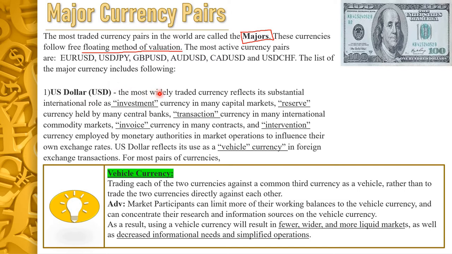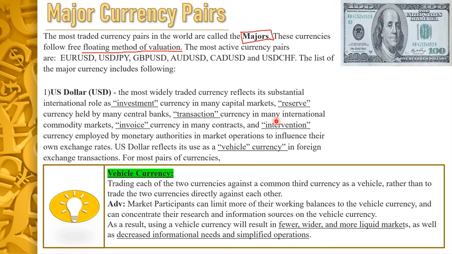USD is the most widely traded currency in the world, and it reflects its substantial international role as an investment currency, because major investors all around the world use USD to invest in capital markets; a reserve currency, because many central banks use this currency as a reserve currency; a transaction currency, because this currency is used as a medium of transaction in commodity markets; an invoice currency, because it is used as a transaction currency in many contracts between two parties;